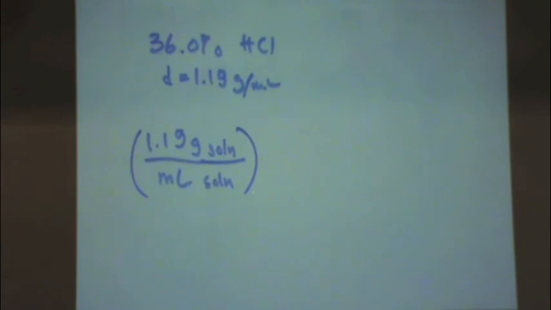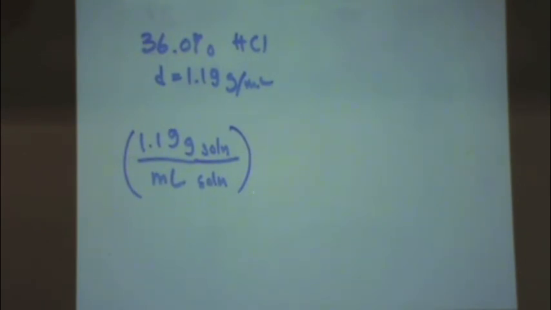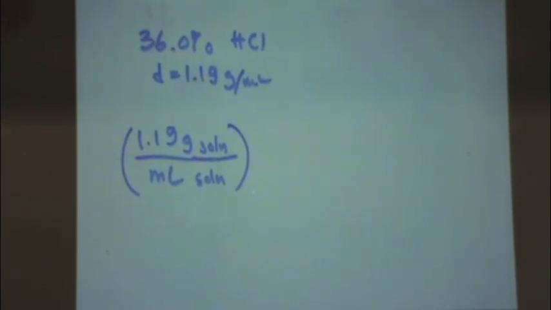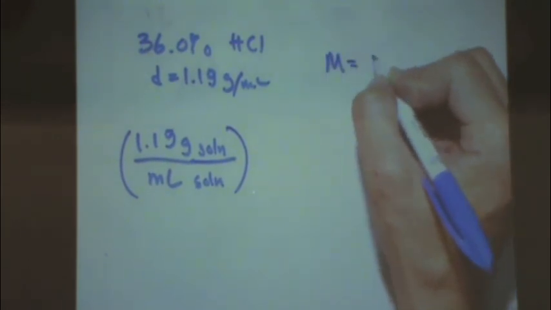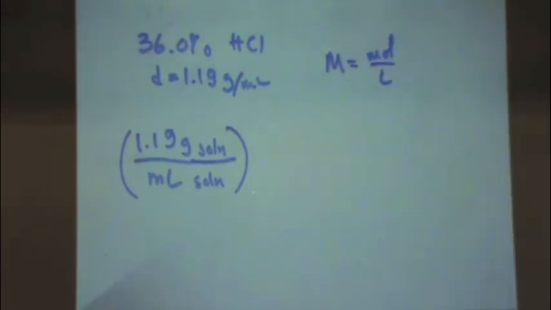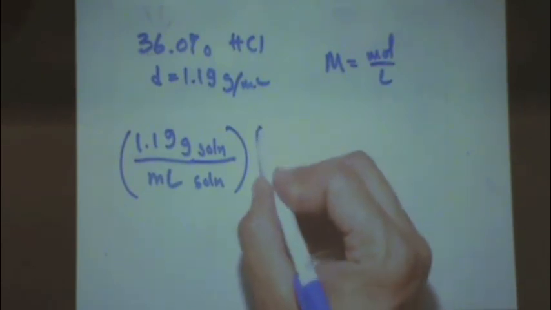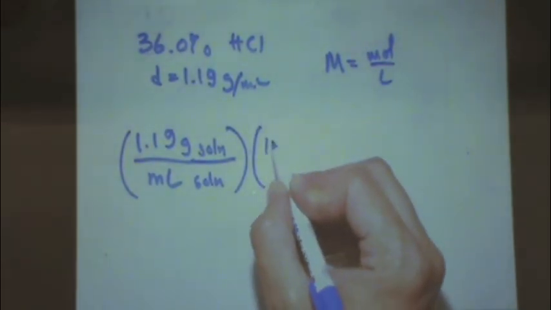Okay, now what was I up to? I am converting this to moles, right? Okay, or molarity, which is moles per liter. So I want to change the top, eventually has to change to moles, the bottom has to change to liters. I think the bottom looks easier. Let's change that one first. There are 1,000